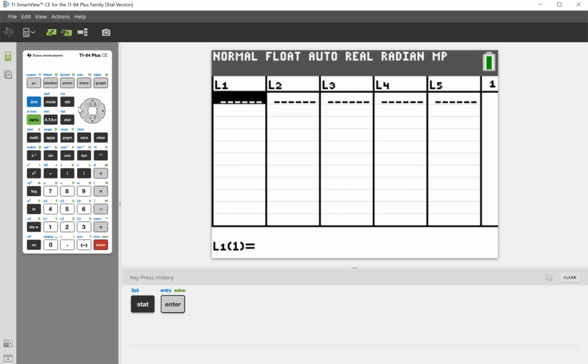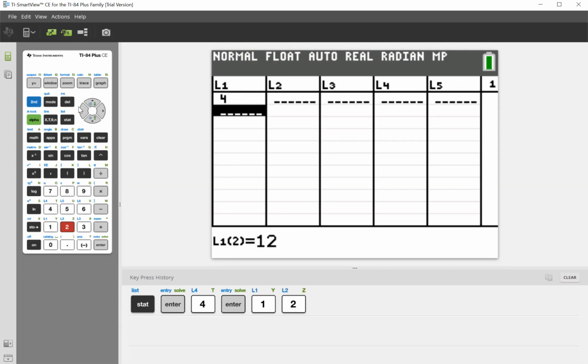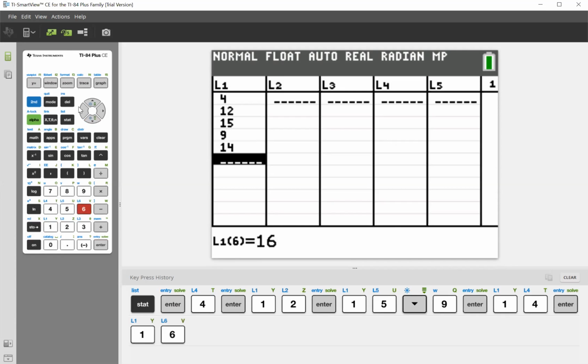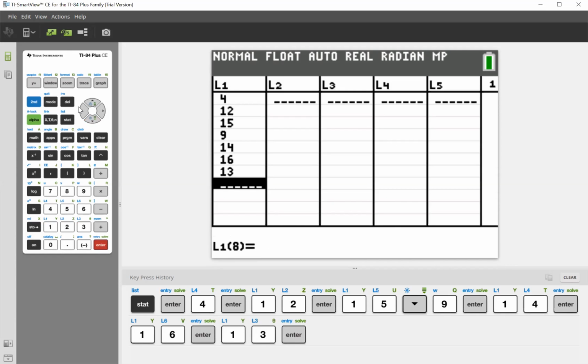So we're going to enter the data values in, and our first number is 4, so we're going to hit 4 and then enter. If you don't hit enter, it's not going to bring you to the next entry. So you want to hit enter every time. So you have 4, 12, 15, 9, 14, 16, 13, 6, 7, 6,